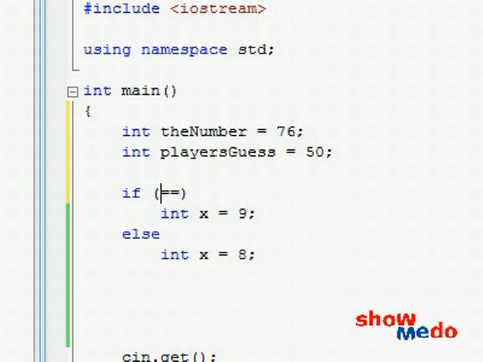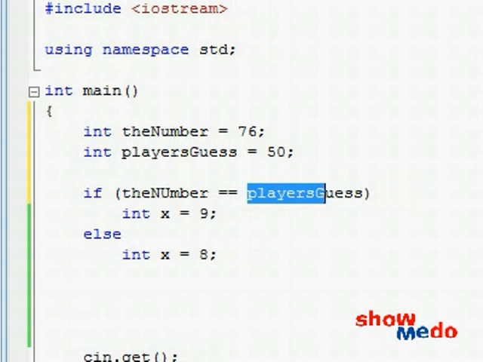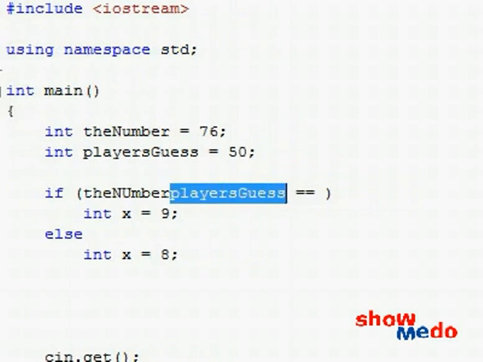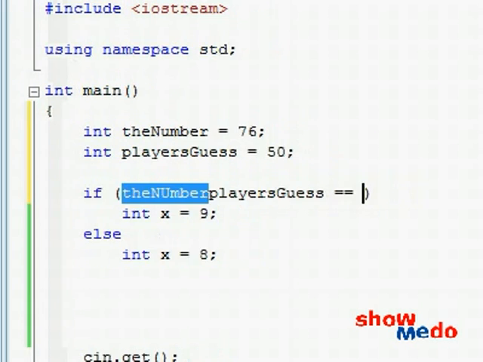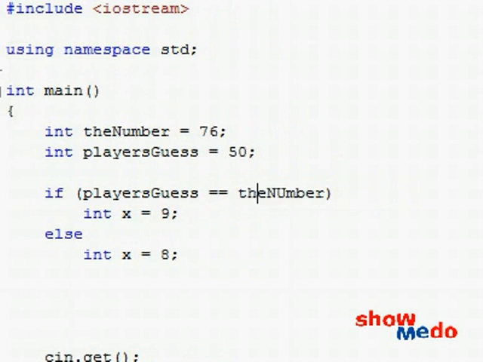So what we do is we want to test if the number equals the player's guess, or we could do it the other way around. It'll be the same thing at this point, to test if the player's guess is the number. So what the logical equation operator does is it tests if whatever this is has the same value as whatever